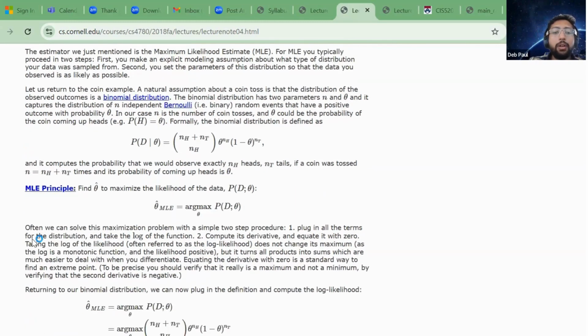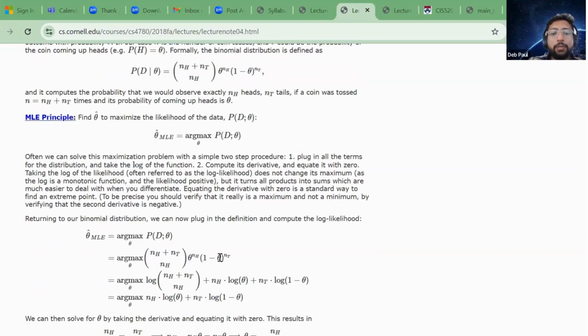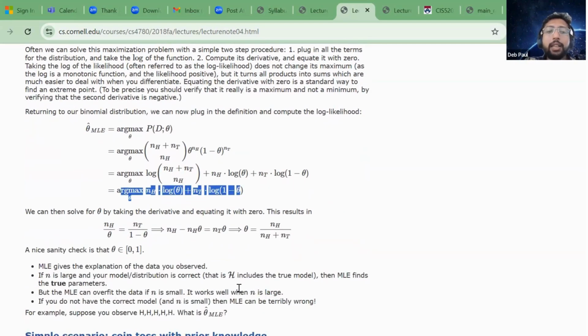And all you do is take the log. Usually, the log of the likelihood and the likelihood are in a similar direction, so you can take the log and make this product into a sum. Then you take the derivative with respect to theta, and you get your estimate. So the estimate you got from empirical values is not something we reached by accident. It is actually backed by theory: if you take this maximum, we reach that same point, right?